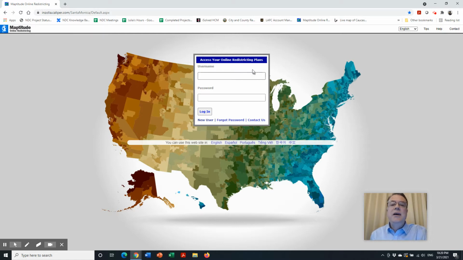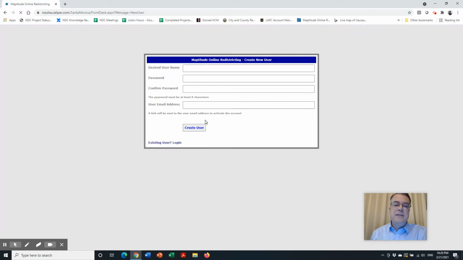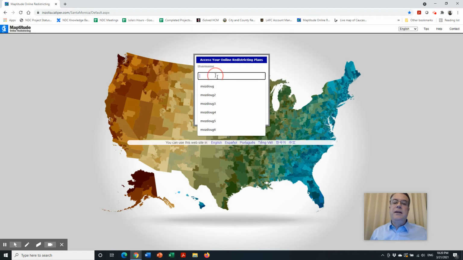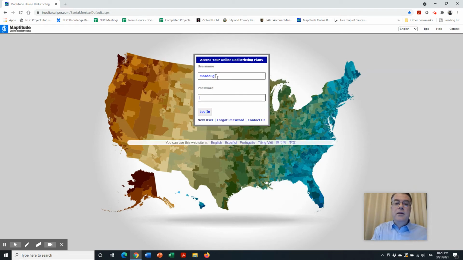As you can see, at the login screen, it's pretty straightforward. If you're a new user, you just click on New User. It'll bring up a box asking for the usual information: create your own unique username, enter a password, confirm it, your email address, confirm you're not a robot, and it creates an ID. You can immediately log in. I already have a login, so I'm going to go back to that and jump right in. Enter in my information, click login,